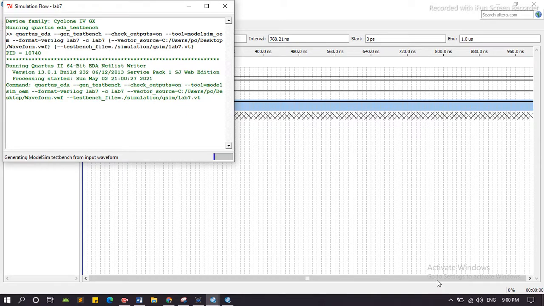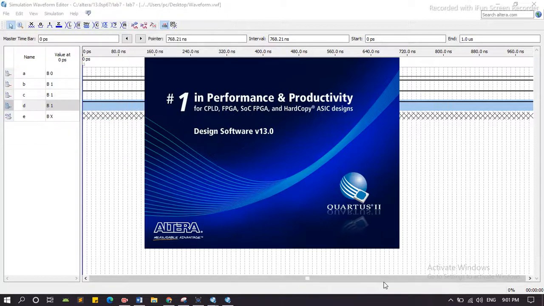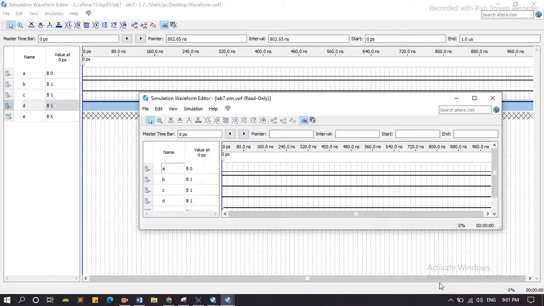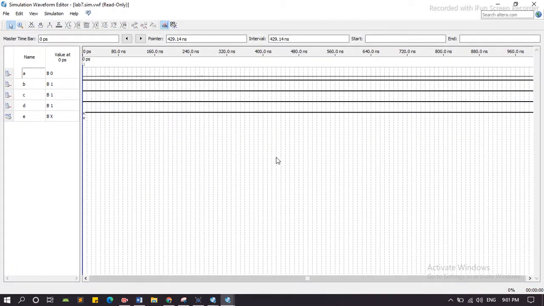It takes some time. Now from this we can see that when B, C, D are 1 1 1 and A is equal to 0, then the output is also 1. Now we test one other.